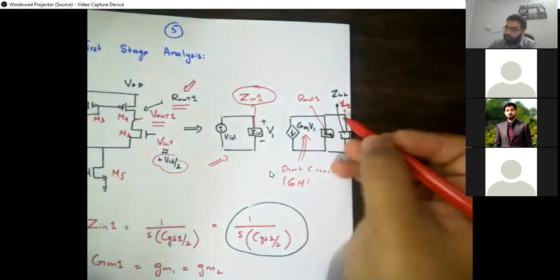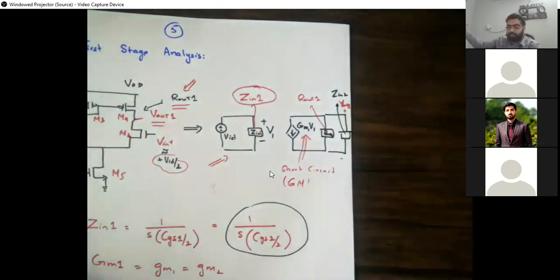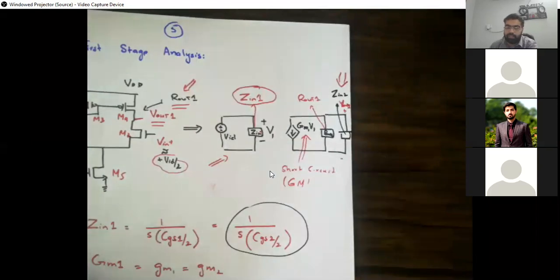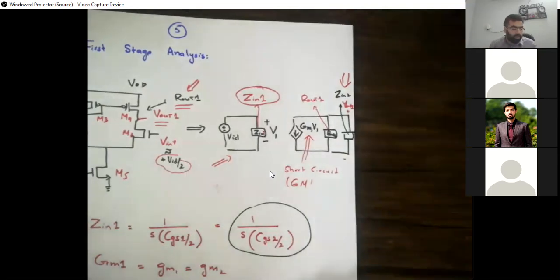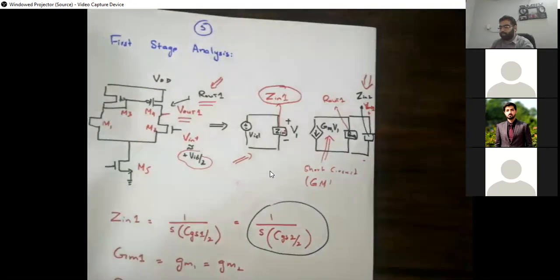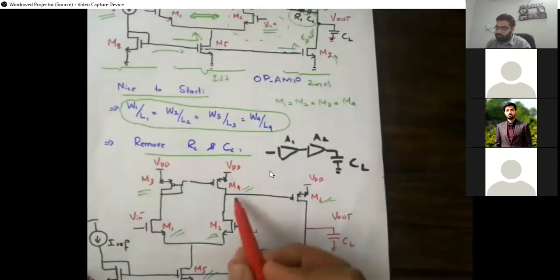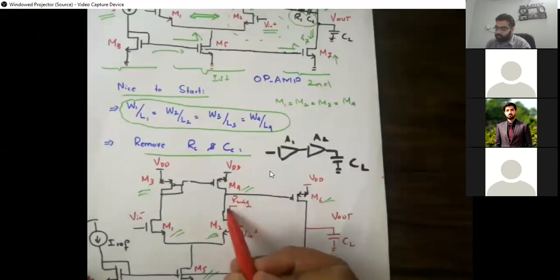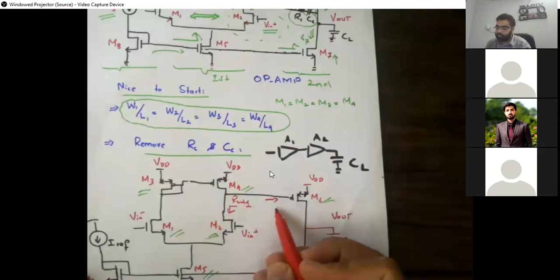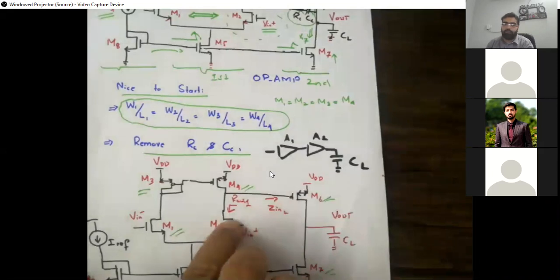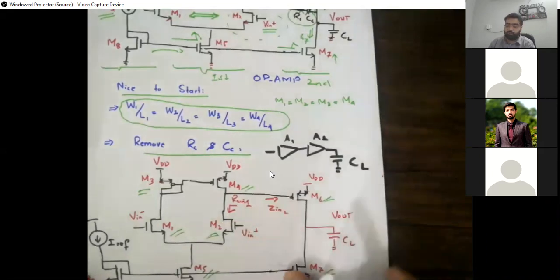And then after that it's going to see the input impedance of the second stage. हम लोग उसको mimic कर रहे हैं Zn2 से अभी तक. We are not at this moment finding the Zn2 value for first stage, but we are saying that okay, this Rout1 is going to be in parallel with some impedance, and that is going to be Zn2. So अगर हम यहाँ देखना चाहें, so we can see ये आपकी first stage थी, इसकी impedance Rout1 थी, और ये parallel है किससे? जो यहाँ से impedance थी Zn2 से. ठीक है? So that's what we are telling. We are saying this Rout1 is in parallel with this Zn2.